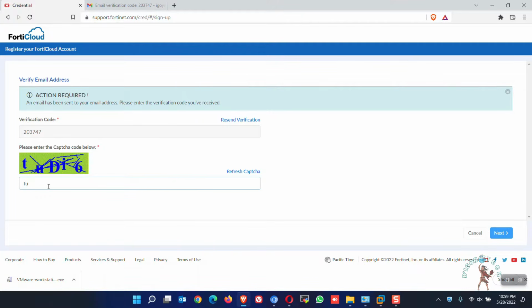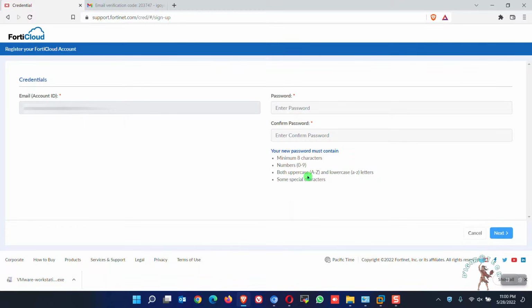Next is enter the CAPTCHA. If you can't read the CAPTCHA, then you can click Refresh CAPTCHA. Once done, click Next. Now, enter your desired password. You can check the password requirements. Minimum of 8 characters. Numbers 0 to 9. Both uppercase and lowercase, and some special characters. Once done,